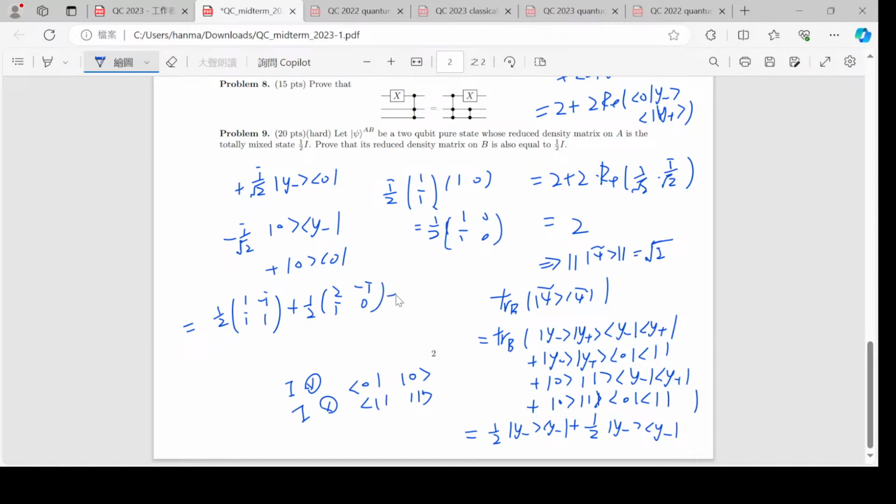Finally plus 0, 0, that's just 1, 0, 0, 0. And so the whole thing is